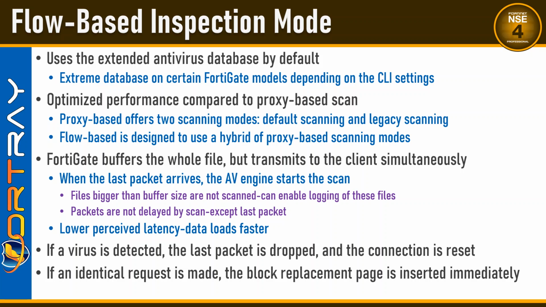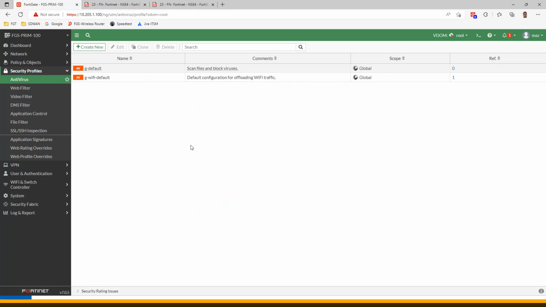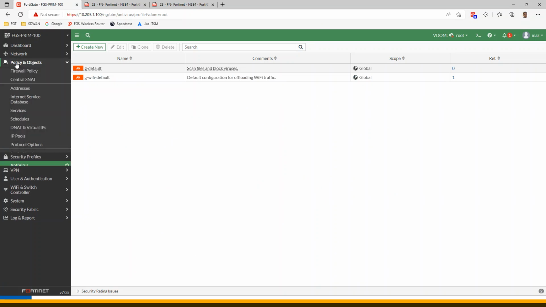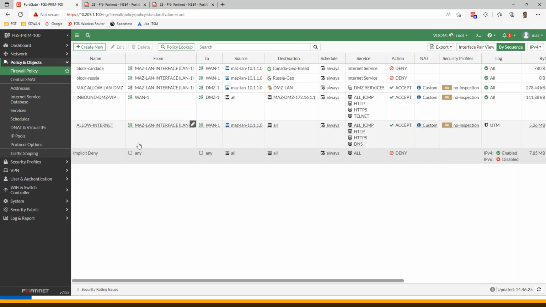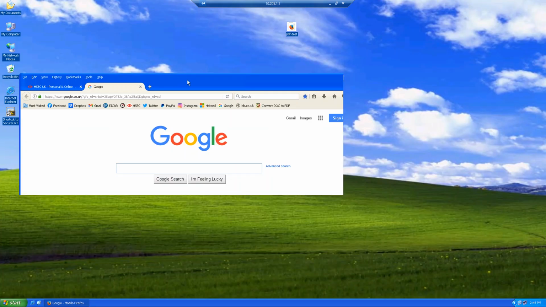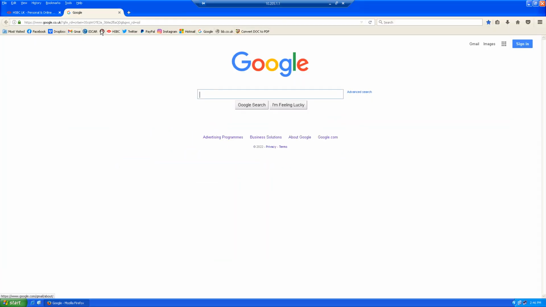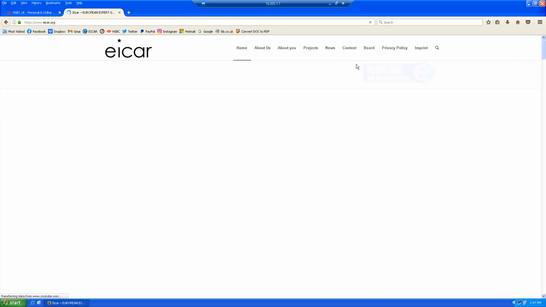So this is where you will be using the antivirus profile, and this profile alone, if you configure it, has no meaning. It must be used inside the rules. For example, we have seen in the firewall policy right now, if I go to my machine and this is my internet connection, and I go to the EICAR website,